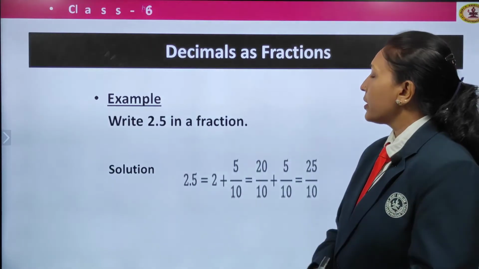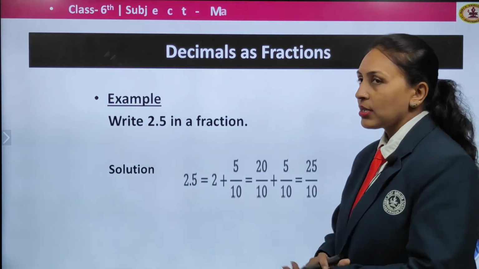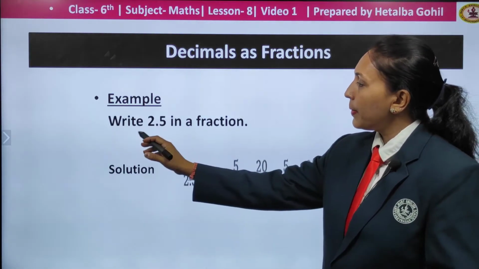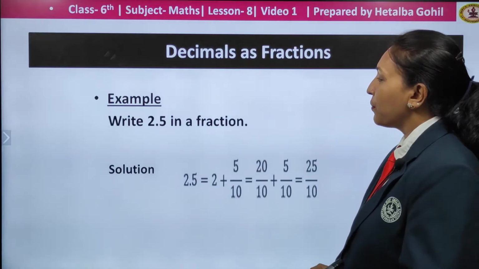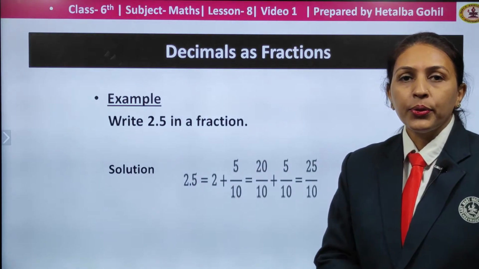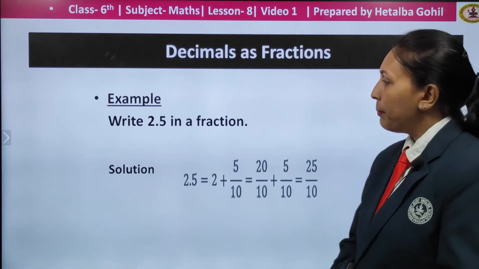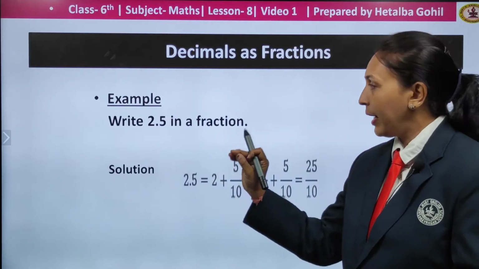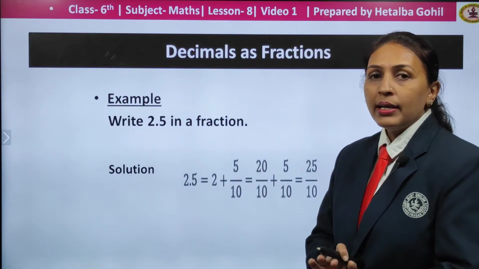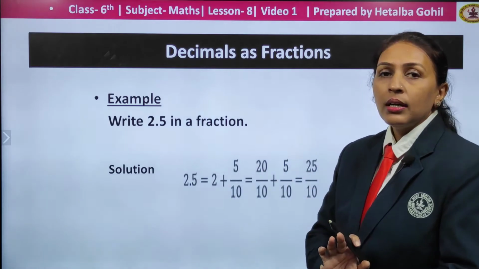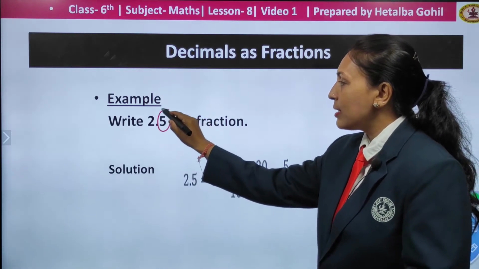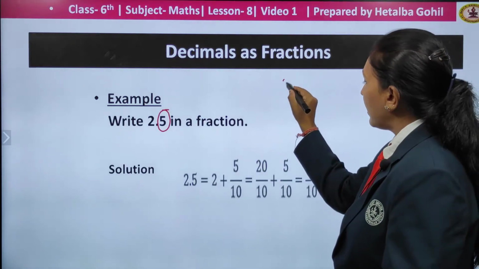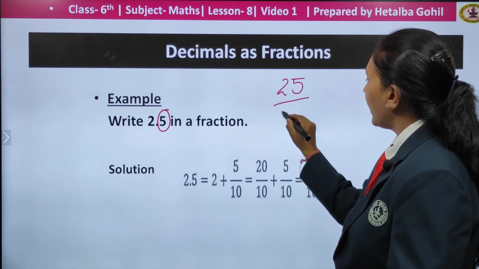Now, as I told you children, the decimals can be written as fractions also. We converted the fraction into decimal. Now, decimals to fraction. For example, 2.5 I have to write in the fraction form. Now, what are we going to do here? We will remove the decimal point by putting the zeros in the denominator. Zeros in the sense children, we will write 10 or the power of 10 according to the number of decimal places in the decimal number. Here I have one decimal place, so I will take 10, that is only 1 0. So I will convert it as 25 by 10.